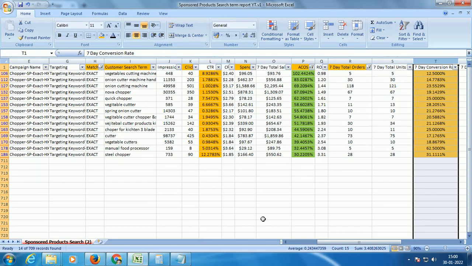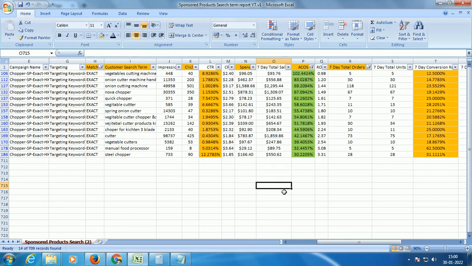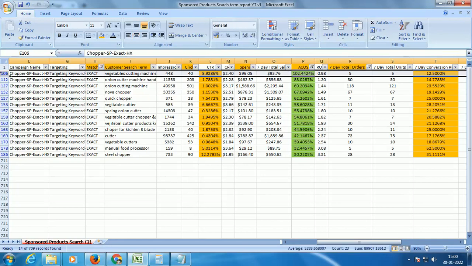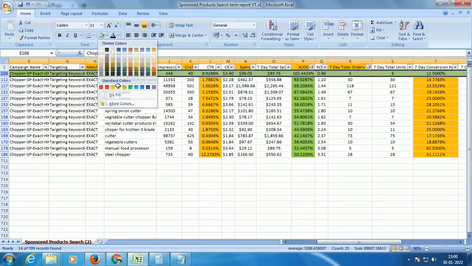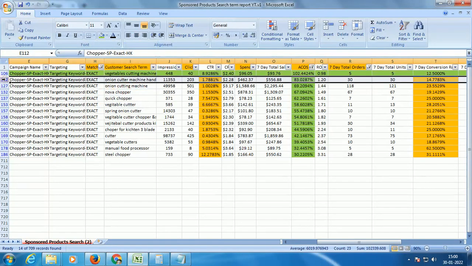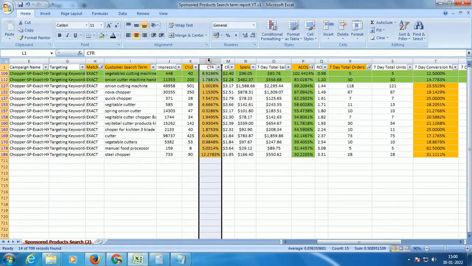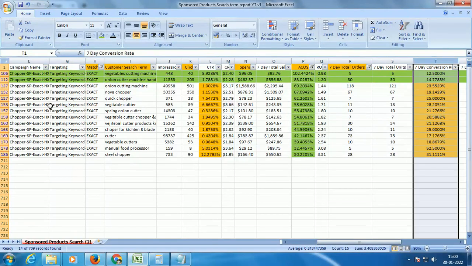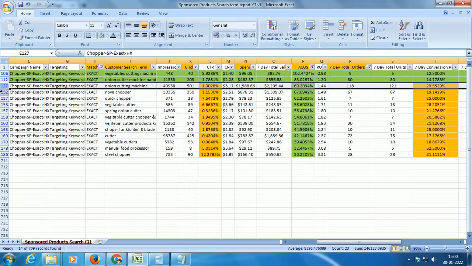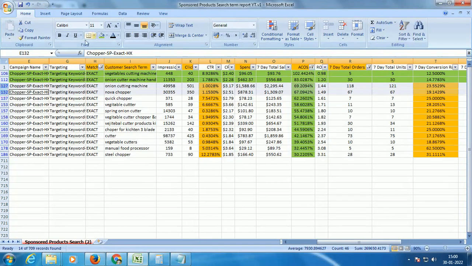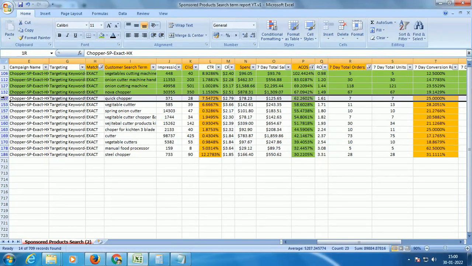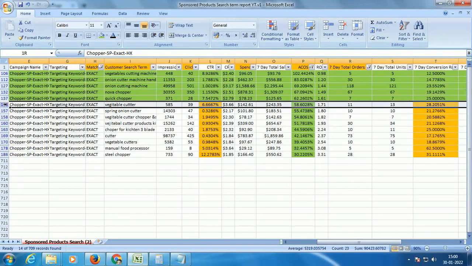So now what you need to do is highlight the cells where your CTR is greater than 1% and your CVR is greater than 10%. This looks like it is matching. Here my CTR is 1%, CVR is 14%, which is good. So here my threshold is 1%, here my threshold is 10%. Here it is once again 1% and more than 10%, fine. So we'll mark it as green. Now here also we can mark it as green.